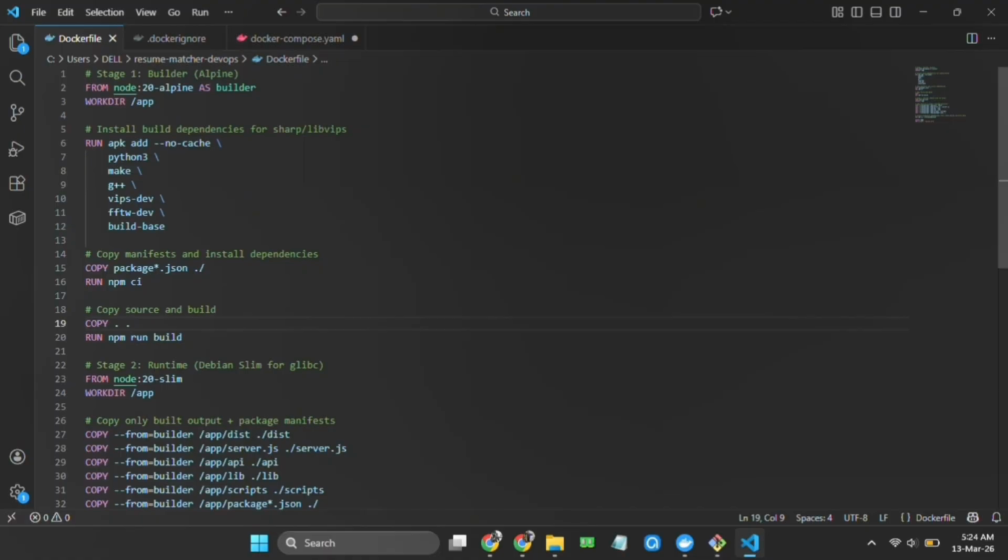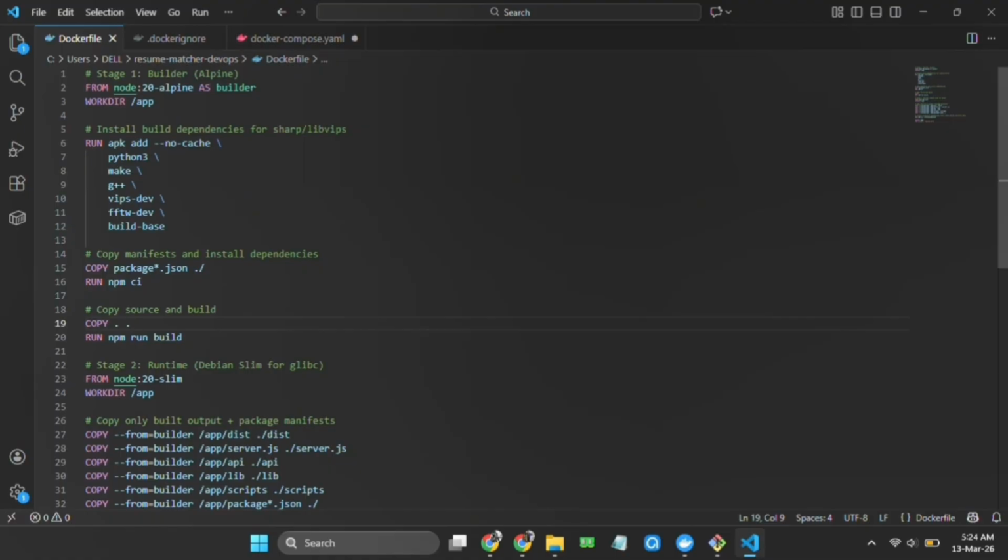Now RUN apk add --no-cache, followed by python3, make, g++, vips-dev, fftw-dev, followed by build-base. This command is used to install build tools and libraries that are needed to compile native modules, that is Sharp, for my application.